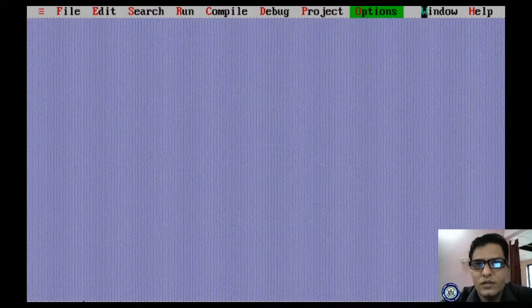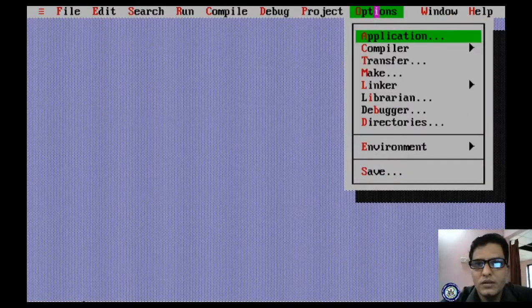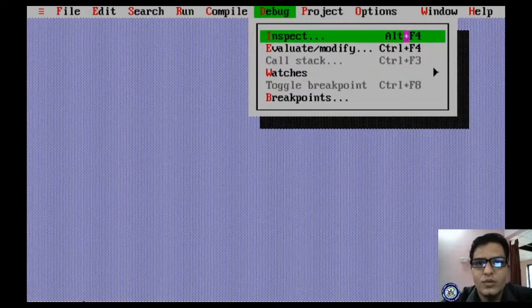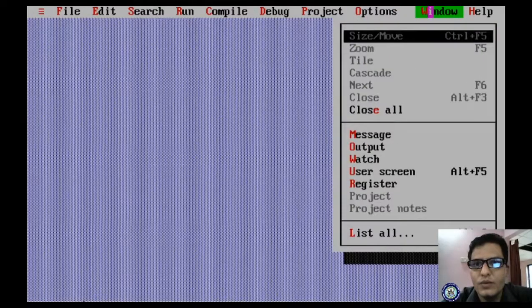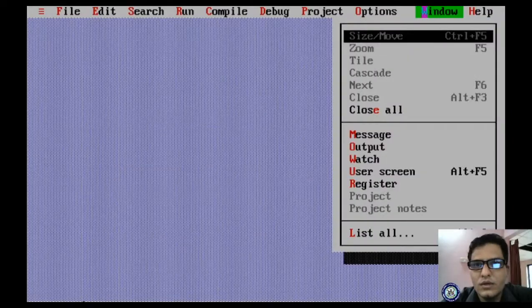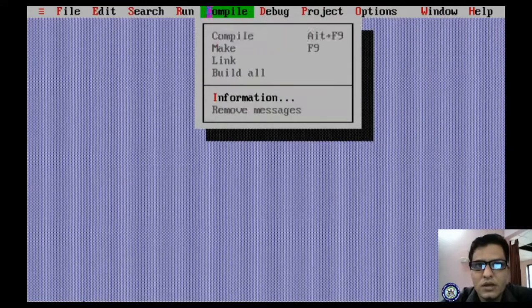No, nothing is there. We can't do anything. Let me check the environment. It is not there. Window, user screen. I want to make it large in size. Checking. Okay,